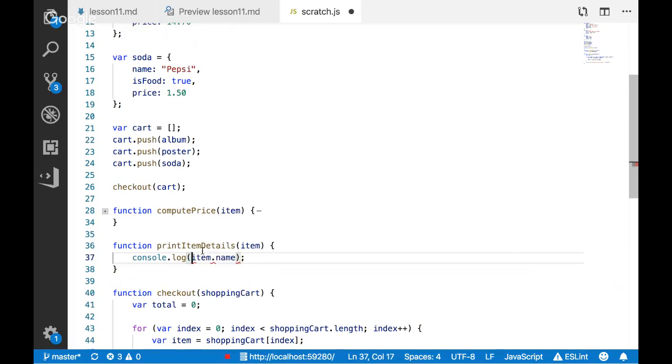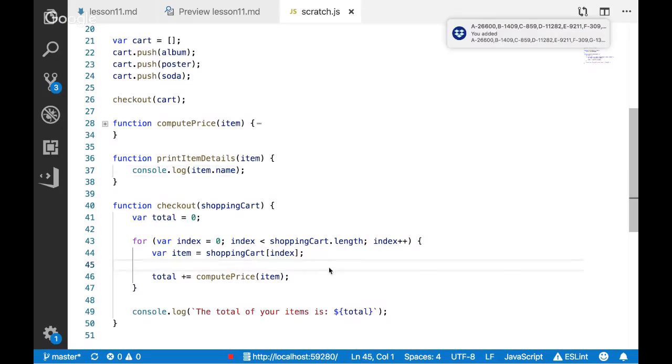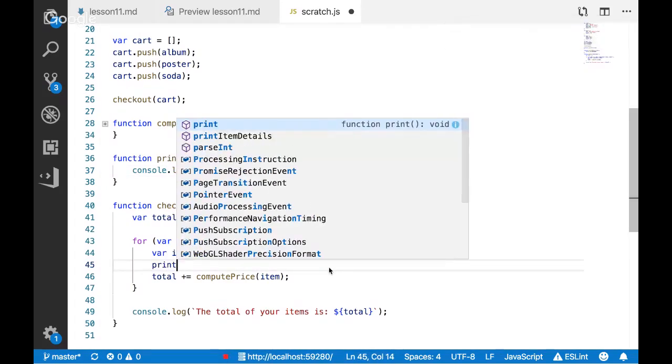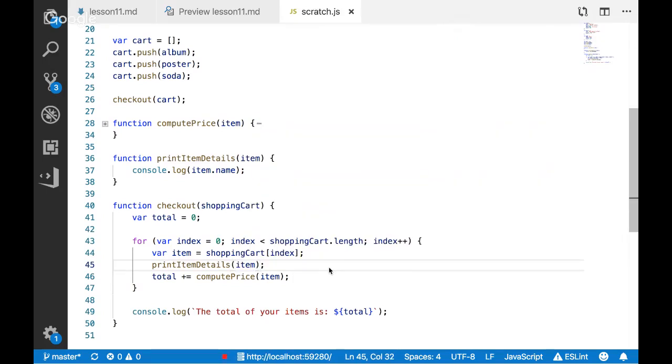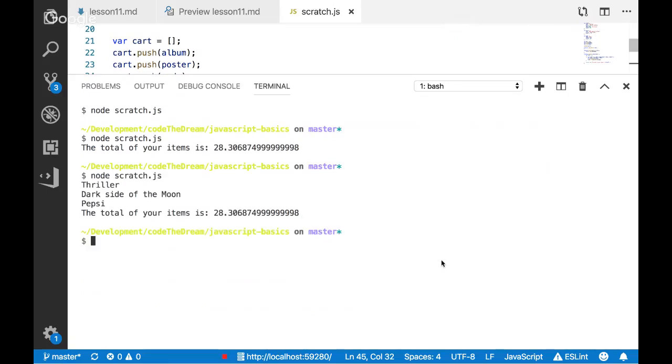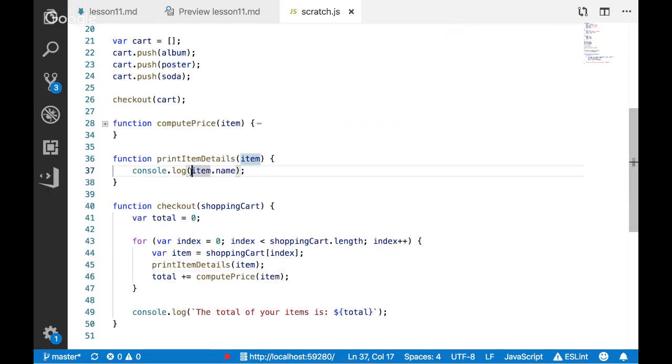Well, now each item, so print item details, passing in my item. Now I get a nice little inventory of my stuff. Oh, everything has a price too, right? Okay, maybe I